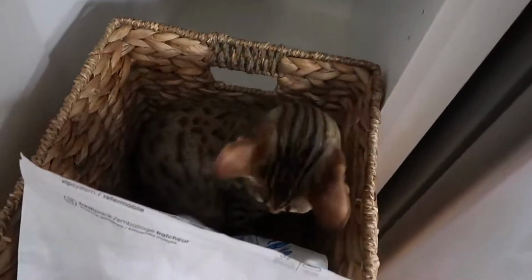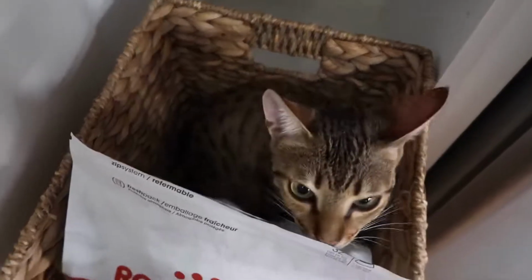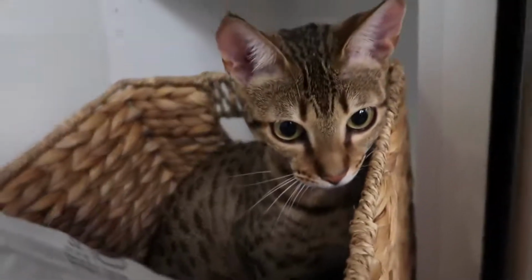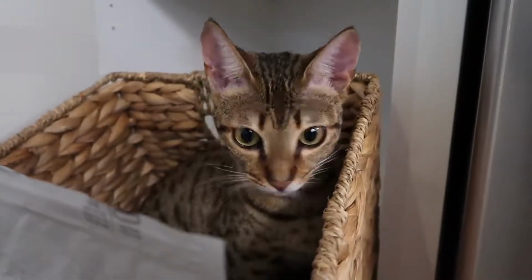I swear, look at this cat. Rainy. Do you want food too? Are you hungry too? It's not your time yet. Maybe a little bit early. Why are you so beautiful? Alright, just going to sit down, get comfortable for an hour and watch